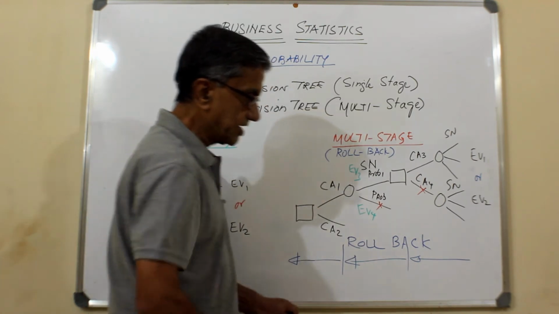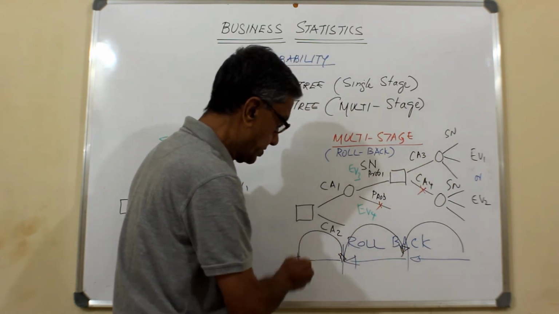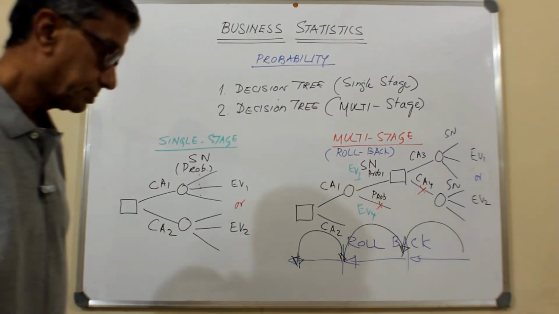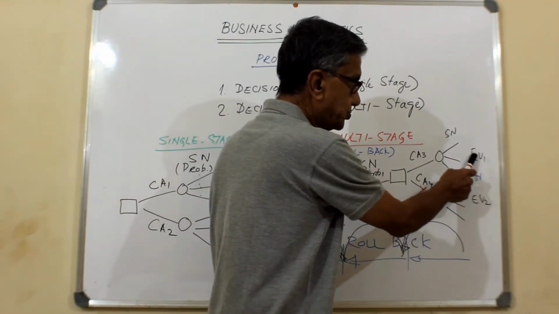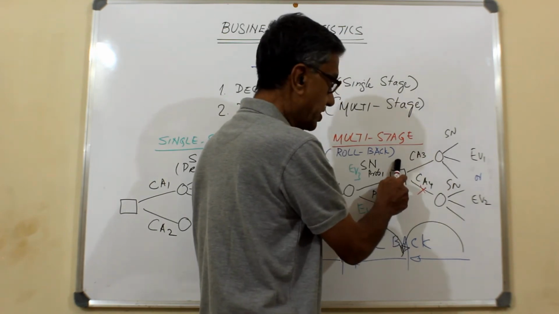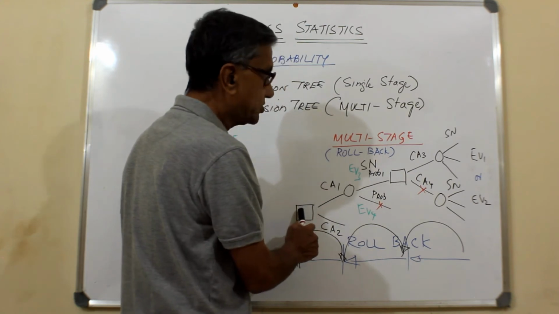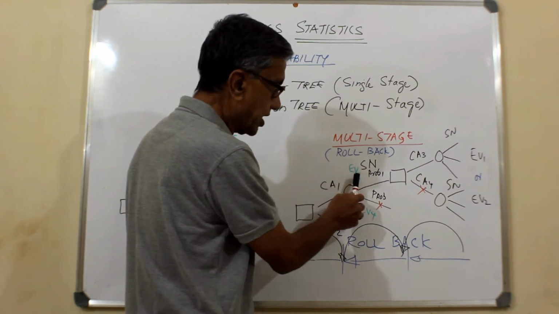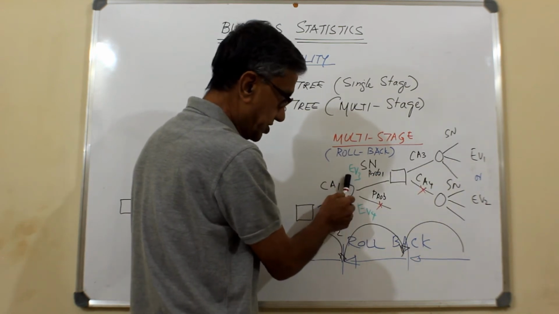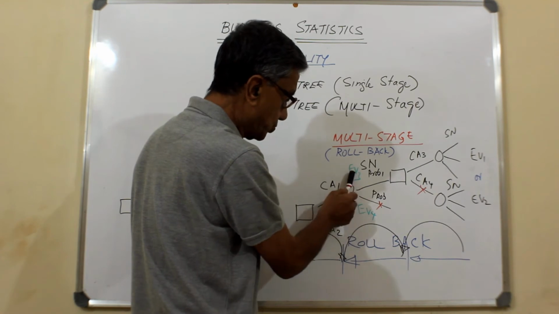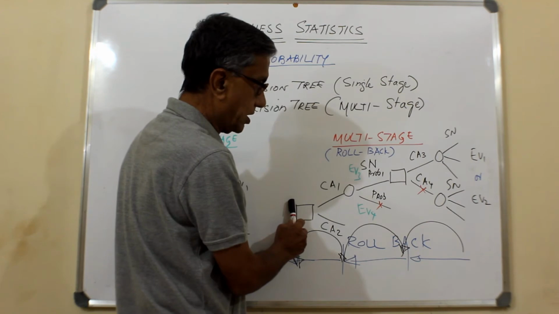So what you do is that you roll back from here to here you come, from here to here you come, and then here to here you come. So at this decision node, best out of these two expected returns will be there, and then based on the state of nature you come down to this decision node, before which you will calculate what we have done similar to that to arrive at the expected returns at this stage. So out of these two you take the best one,